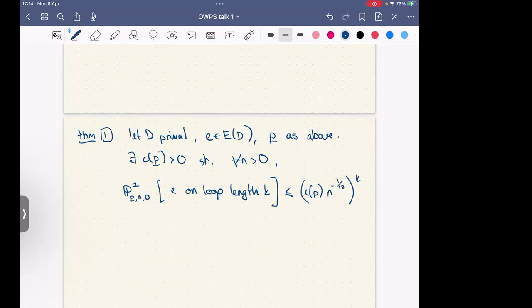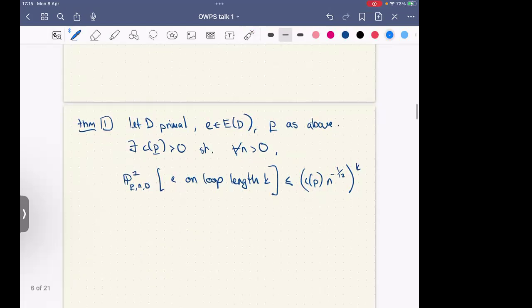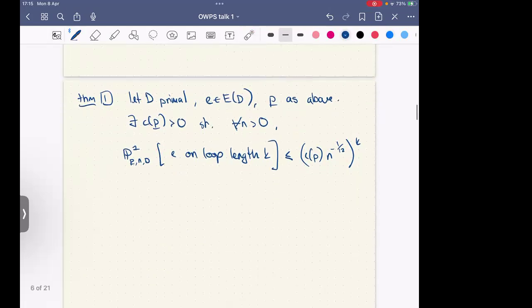Okay, nice. So what does this say? It says that the loop lengths decay exponentially, so long as this thing is less than 1. Okay, and well, C of P is fixed, and so long as n is large enough, we can just take it large enough so that n to the minus 1 over 12 cancels this out so that this is less than 1. Okay, nice. So this I want to prove to you later on, but I can state theorem 2 first,